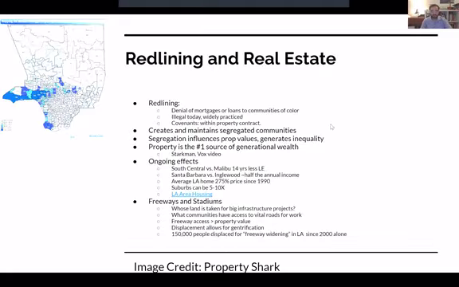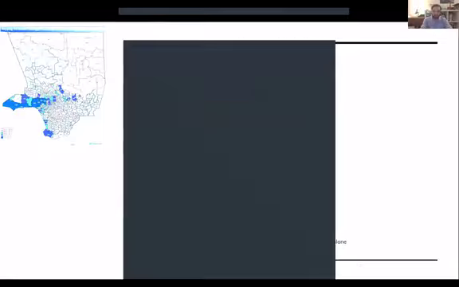And then we have the concepts of redlining and real estate. We mentioned that land is kind of a major key portion of